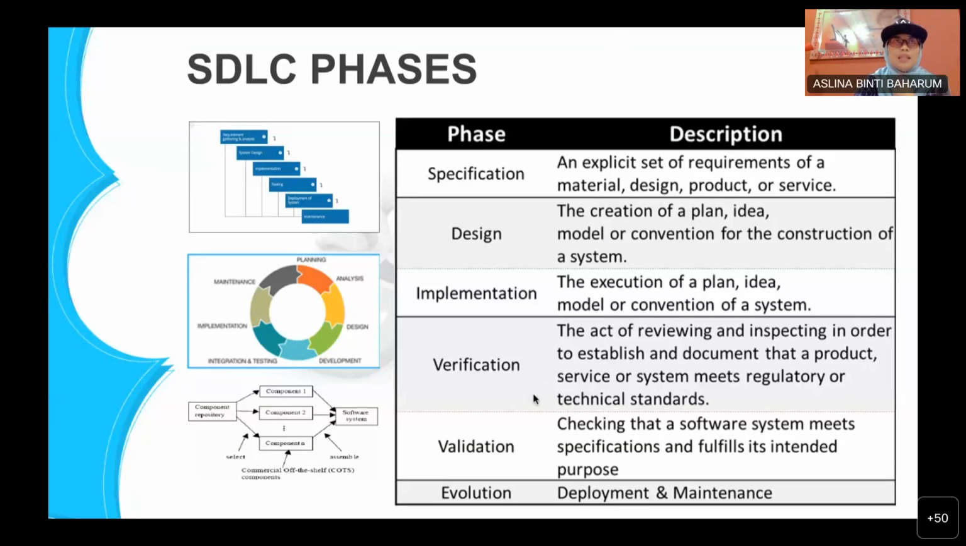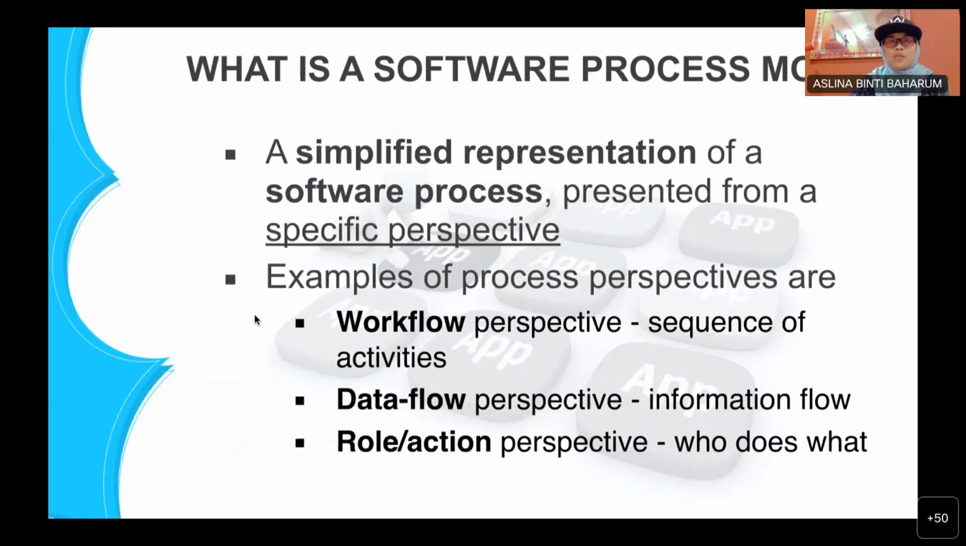Some of the testing depends on what kind of validation that you want to do. If you want to create a system to help motivate a student, to make a student enjoy learning, so the validation should be to evaluate a certain specific measurement metric. Yeah? Evolution, again, is similar: deploy and maintenance. Okay. All right. So we